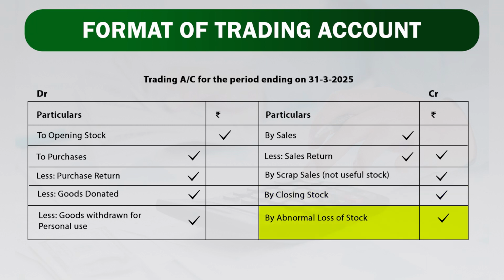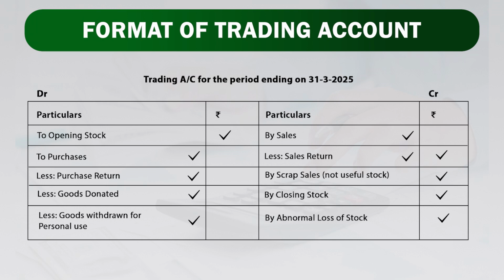Friends, during the functioning of a business there can be loss, maybe due to accident, flood, or rain. These are all losses, but they are known as abnormal loss. These are not the losses of the business. Therefore, to that extent we have to credit the trading account, and this loss ultimately we have to transfer to